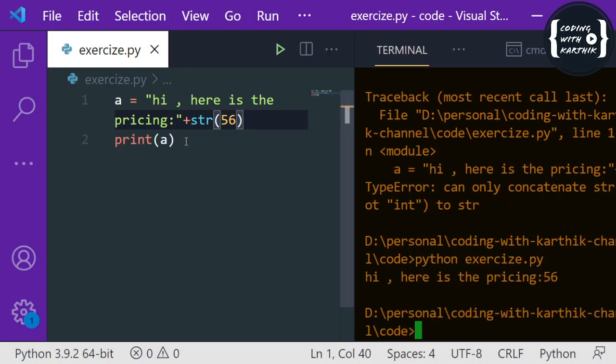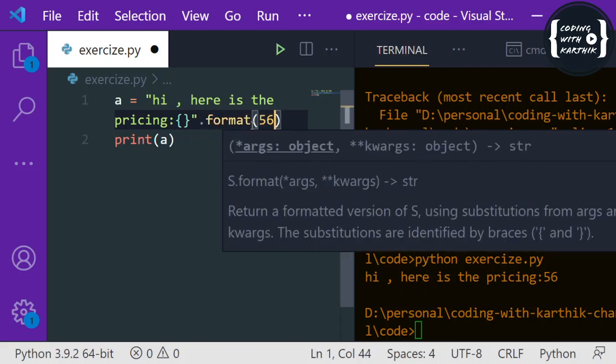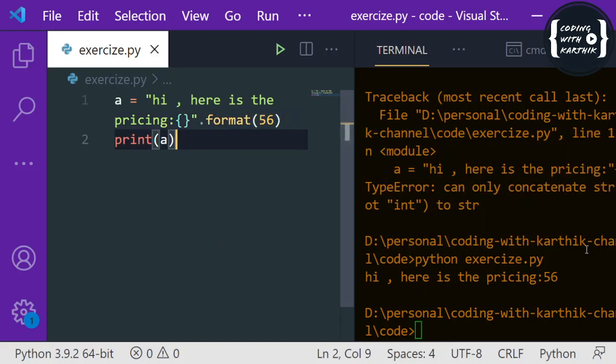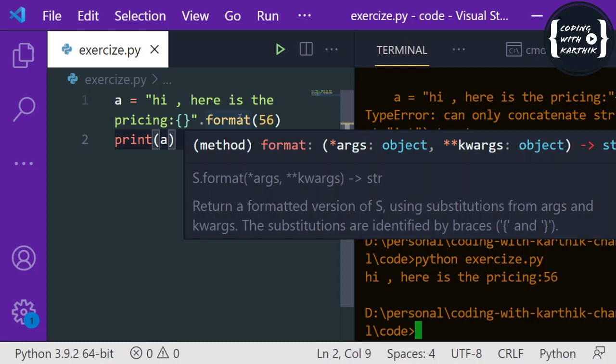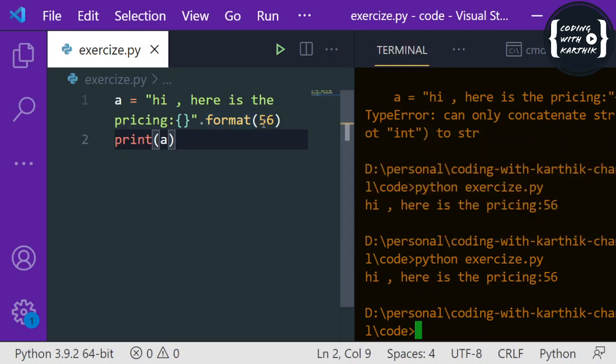Without any issue. But if you use the formatting function, there won't be any issue with the data type. So you can use this placeholder and use dot format of 56, let's say. If I run this, see, the format function will automatically convert the value to a string, then attach that value to the string.